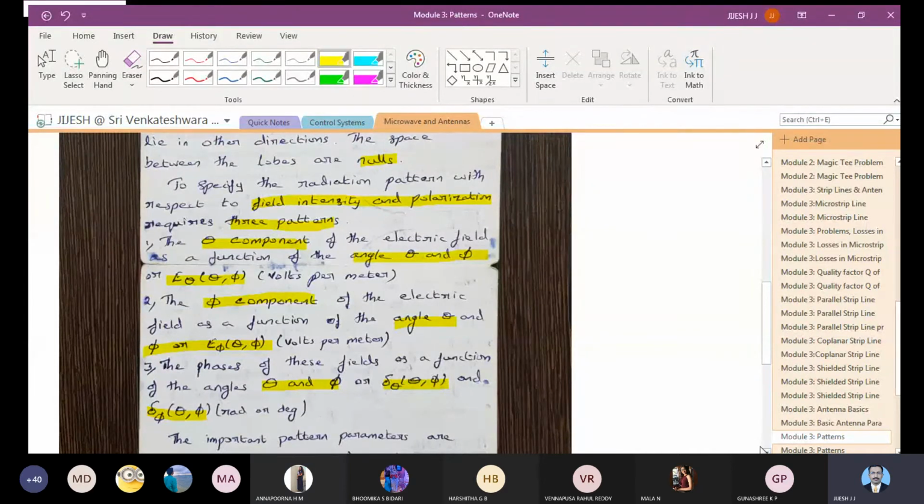So all these things are theory which you have to write when they ask you to define pattern, explain pattern. They may ask you for 3 marks, or sometimes for 5 marks. In this portion of this module, they actually ask 2 to 3 things for 10 marks, like pattern, then efficiency, then field zones. All put together, they will ask you to explain the parameters of an antenna. These 3 or 4 things they will give and give 10 marks for that.